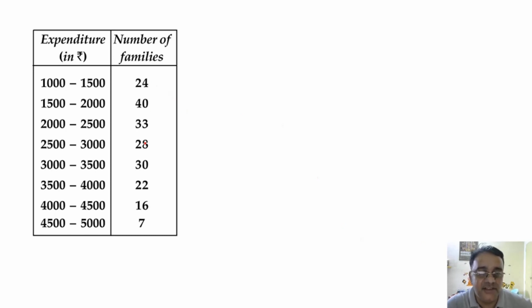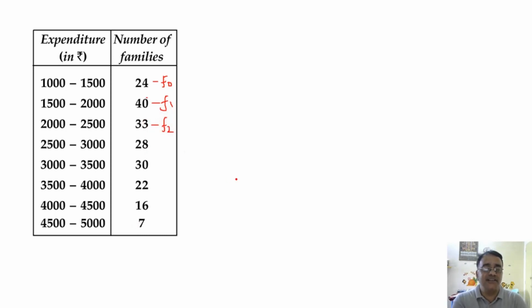So which frequency is highest here? 40. So this is F1. And what is F0? 24. Right. अभी यहाँ पर एक डाउट मन में आ रहा होगा कि अगर मान लो F1 सबसे ऊपर आ गया तो you have to take F0 as 0. F1 अगर सबसे नीचे आ गया, लास्ट क्लास इंटरवल में, तो F2 को 0 लेना है. Whether that is clear?